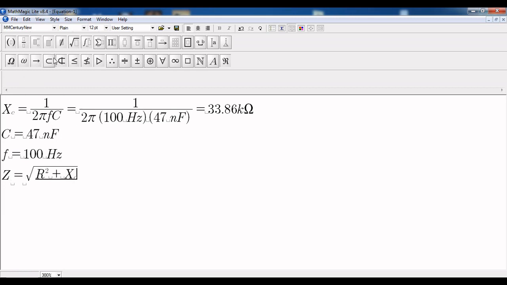Yeah. Easy. Squared. Okay. So we already got X sub C squared. So it's just a matter of